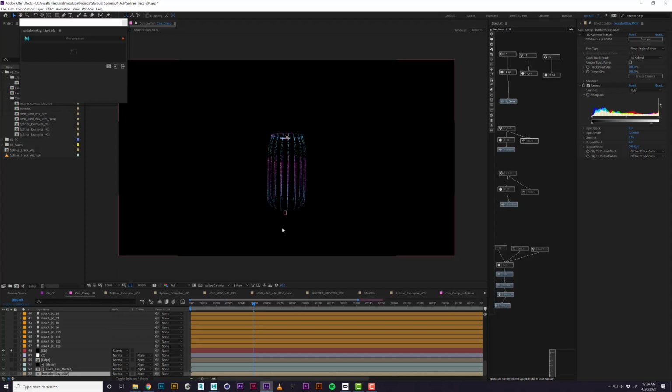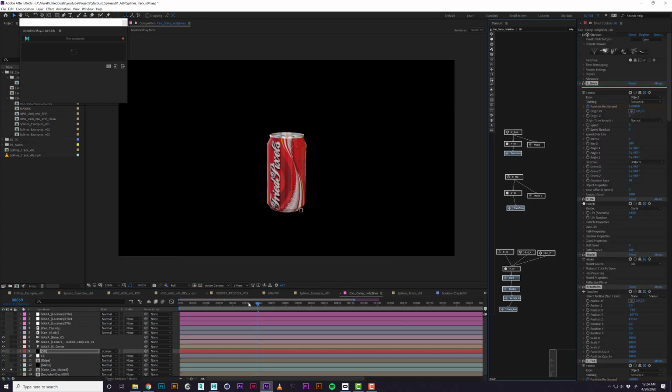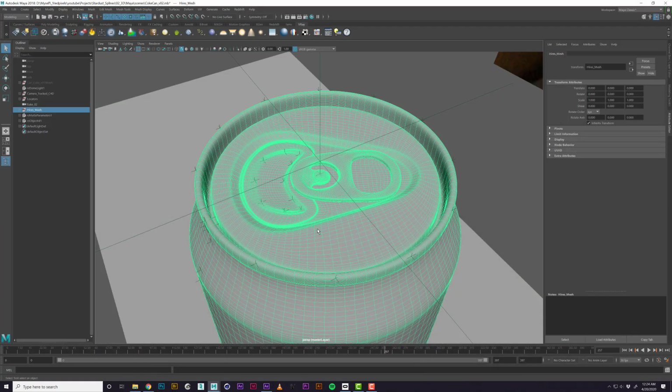So let's do one thing first. Before I do that, I think I have a new scene here, which is called the Can Comp with no lines, which has everything else in here except for those splines. That's going to help us. Great. So what we want to do is minimize that.